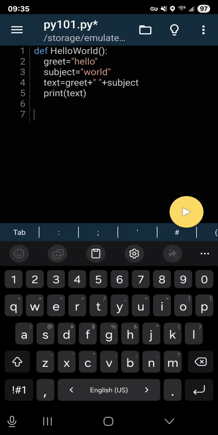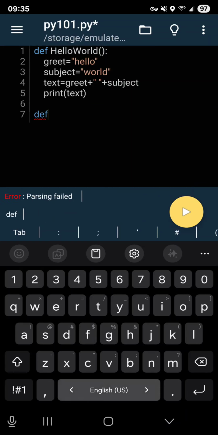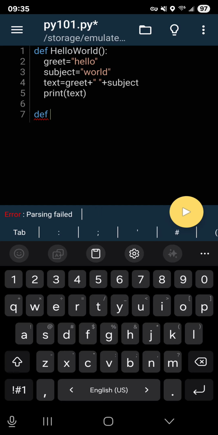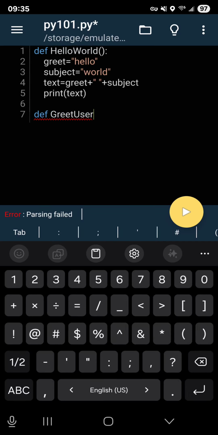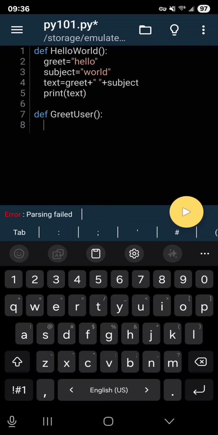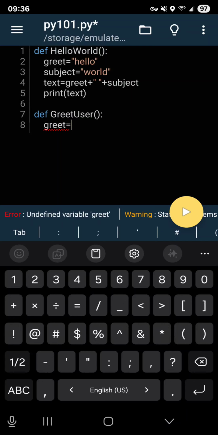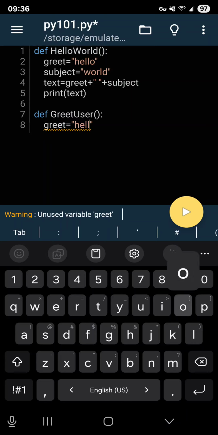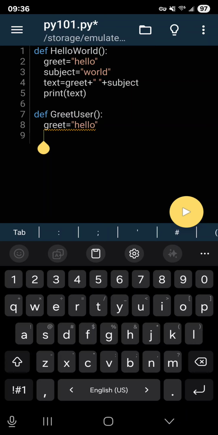Let's go ahead, pop down here, and we're going to define a new function. We're going to call it greet user. And our first variable is, of course, our greeting. Greet equals hello. And then our user, if I could type,